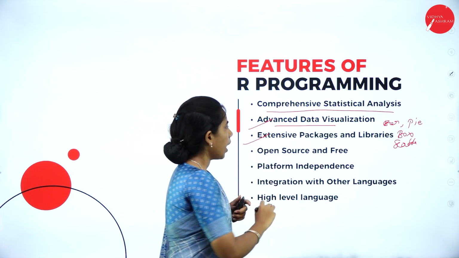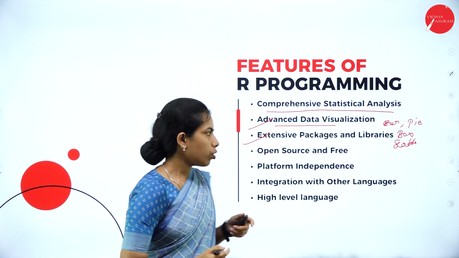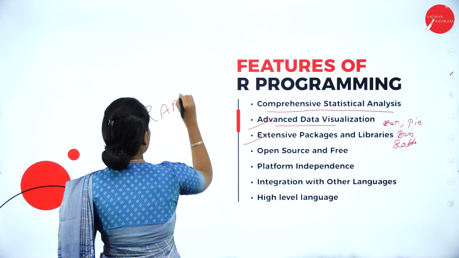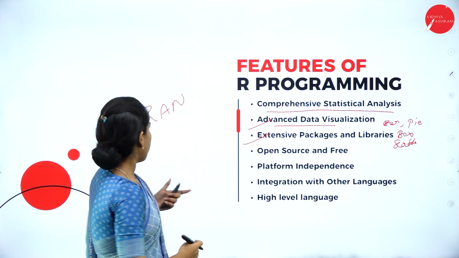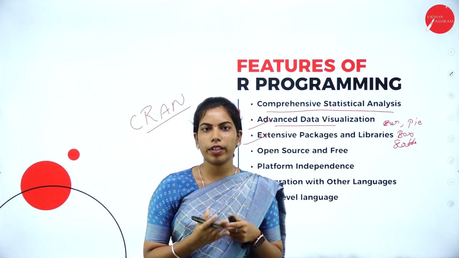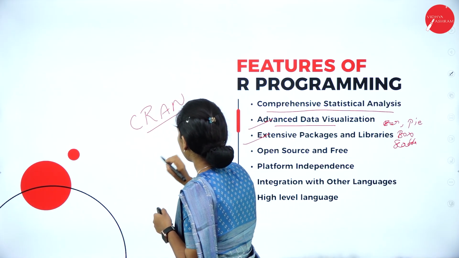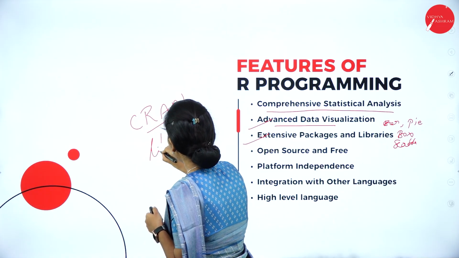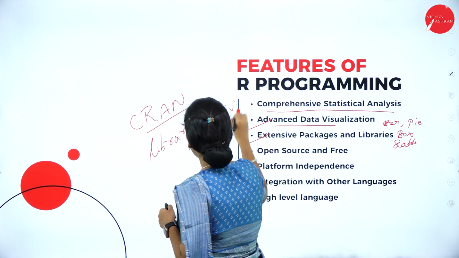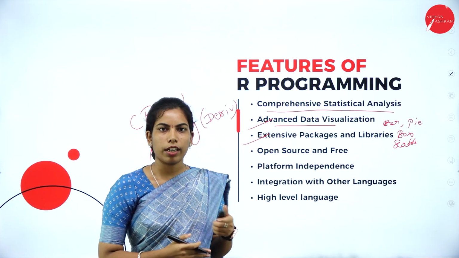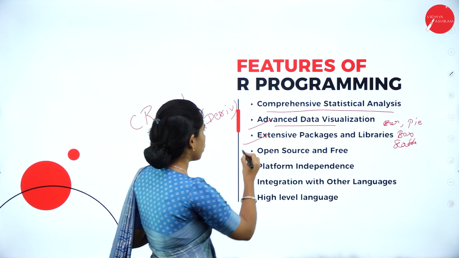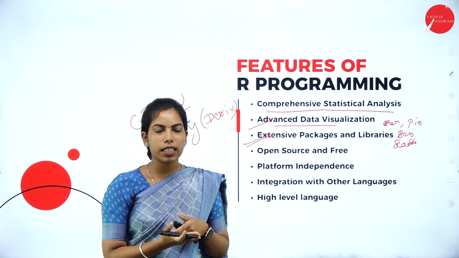The next one is extensive packages and libraries. CRAN is the main software. CRAN is the Comprehensive R Archive Network. It contains lots of libraries. For example, there is a library called deriv, for derivative functions. Likewise we have inbuilt derivations, inbuilt functions and lots of libraries for data manipulation purposes. That's why R provides extensive packages and also